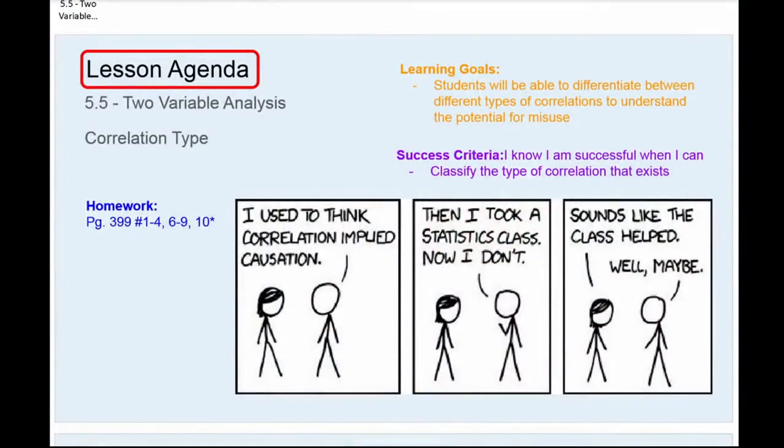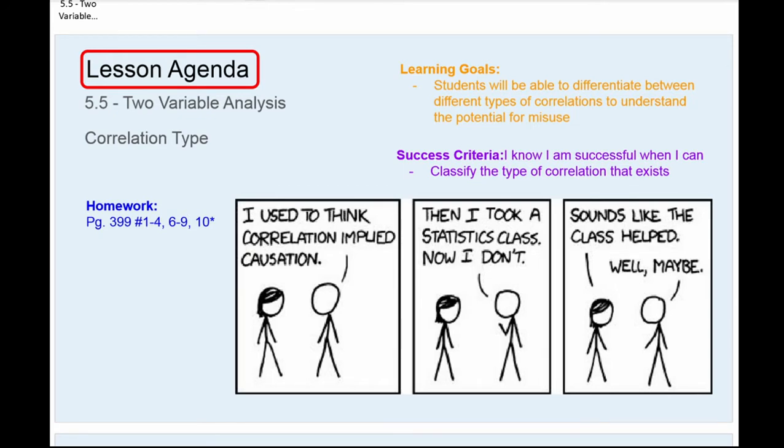In today's lesson, we are going to be looking at correlation types. So we're still looking at two variable analysis, comparing two variables together to see if there's a relationship or a correlation. But we're going to look at specific correlation types that could come up, or if we have a specific correlation